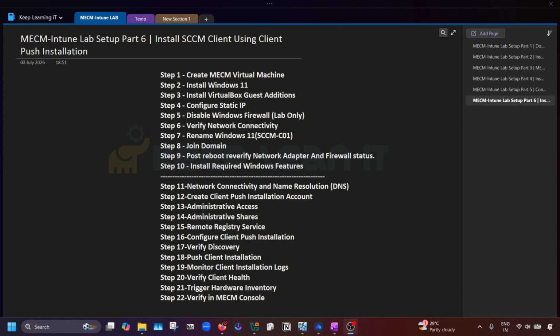In the previous video, we configured SCM boundaries, boundary groups, discovery methods and collections. In today's video, we'll install the SCM client on a Windows 11 device and verify whether it is communicating successfully with